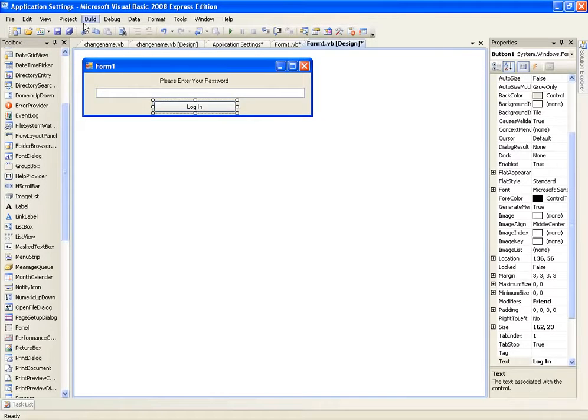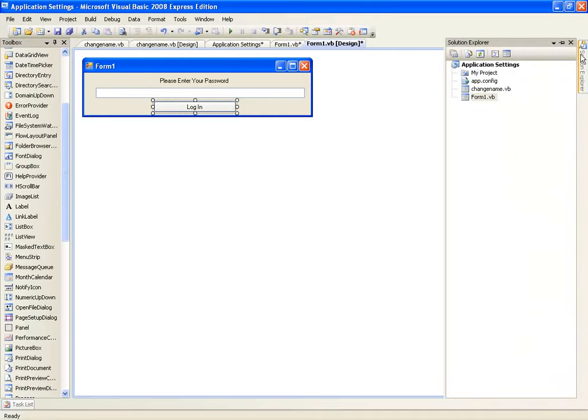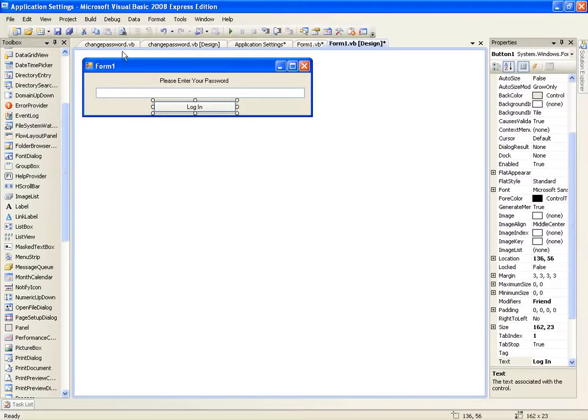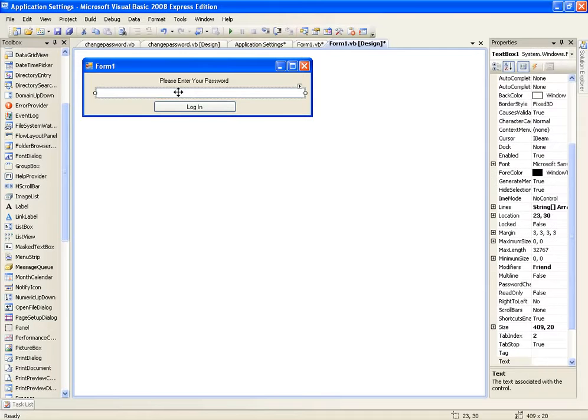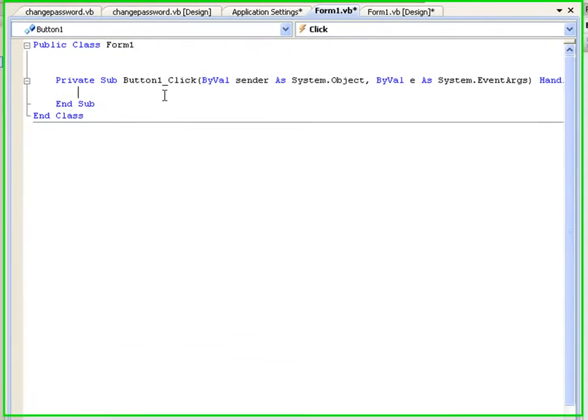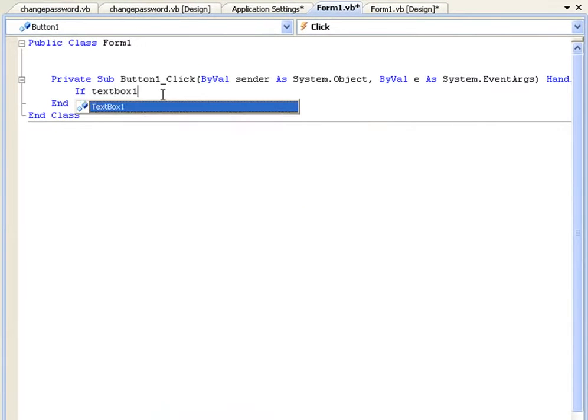Okay, now we wanted to show this change name form. I'm actually going to rename this to change password. Just right click it and rename, change it to change password. So when we click this button, we want it to show change password if this password is correct. So we're just going to do this quickly. We'll double click button 1. We'll say if textbox1.text is equal to my.settings.password, then